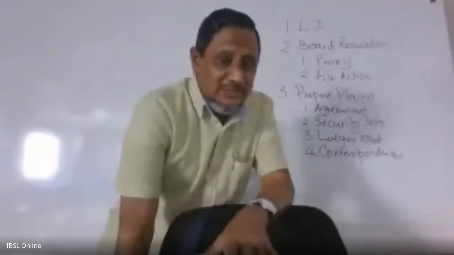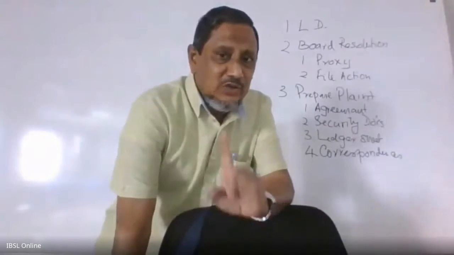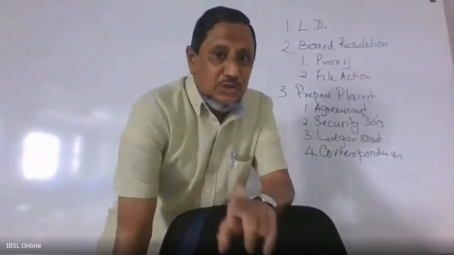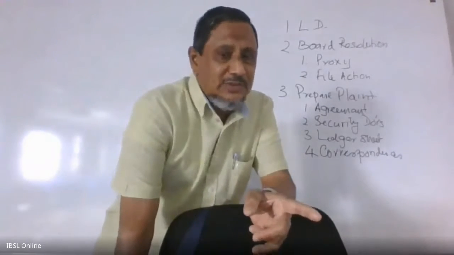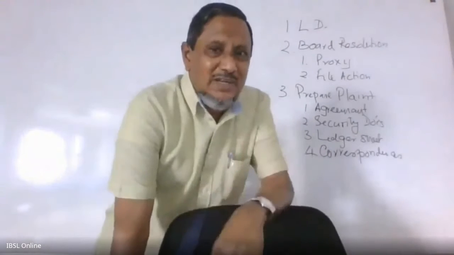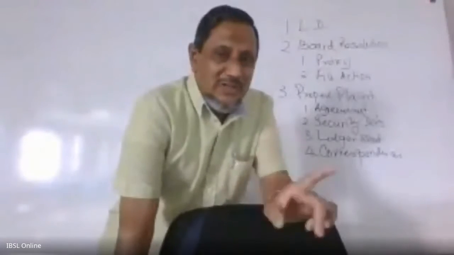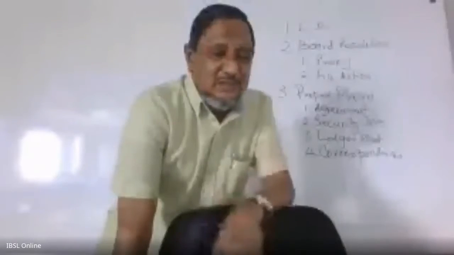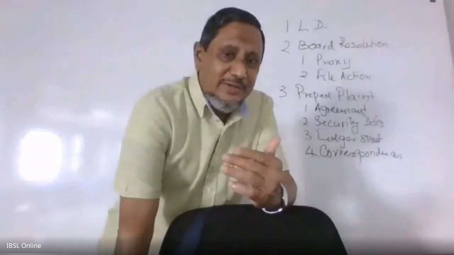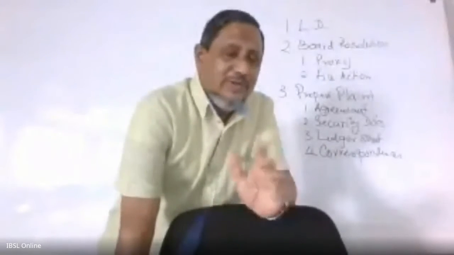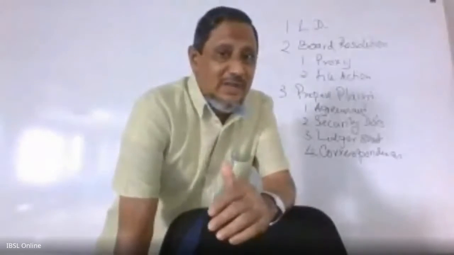For any loan customer, there should be two files. One is the security file, the other one is the correspondence file. The security file should be kept in a fireproof cabinet, that is a safe, or a Chubb, as people like to call it after the company name. We keep it fireproof in a steel cabinet. The correspondence file should be kept in a four-drawer cabinet in alphabetical order, or whatever order, and all the correspondence should be filed in the document.